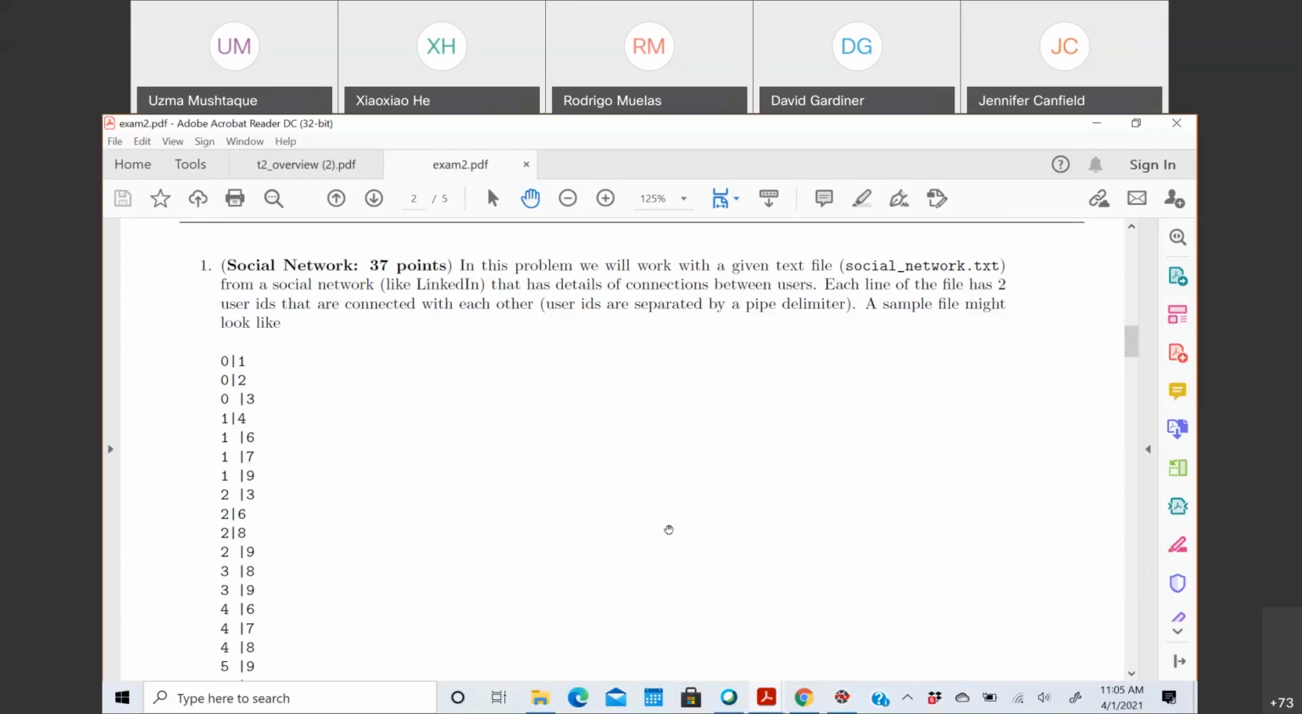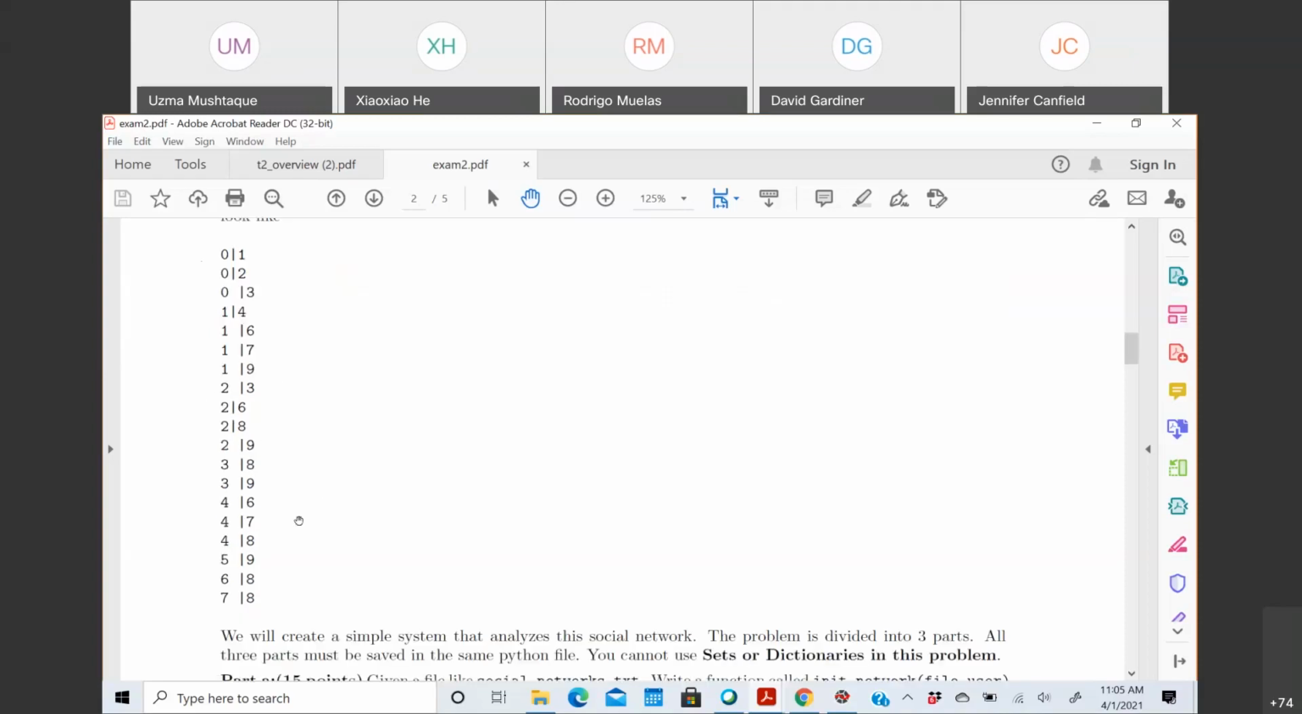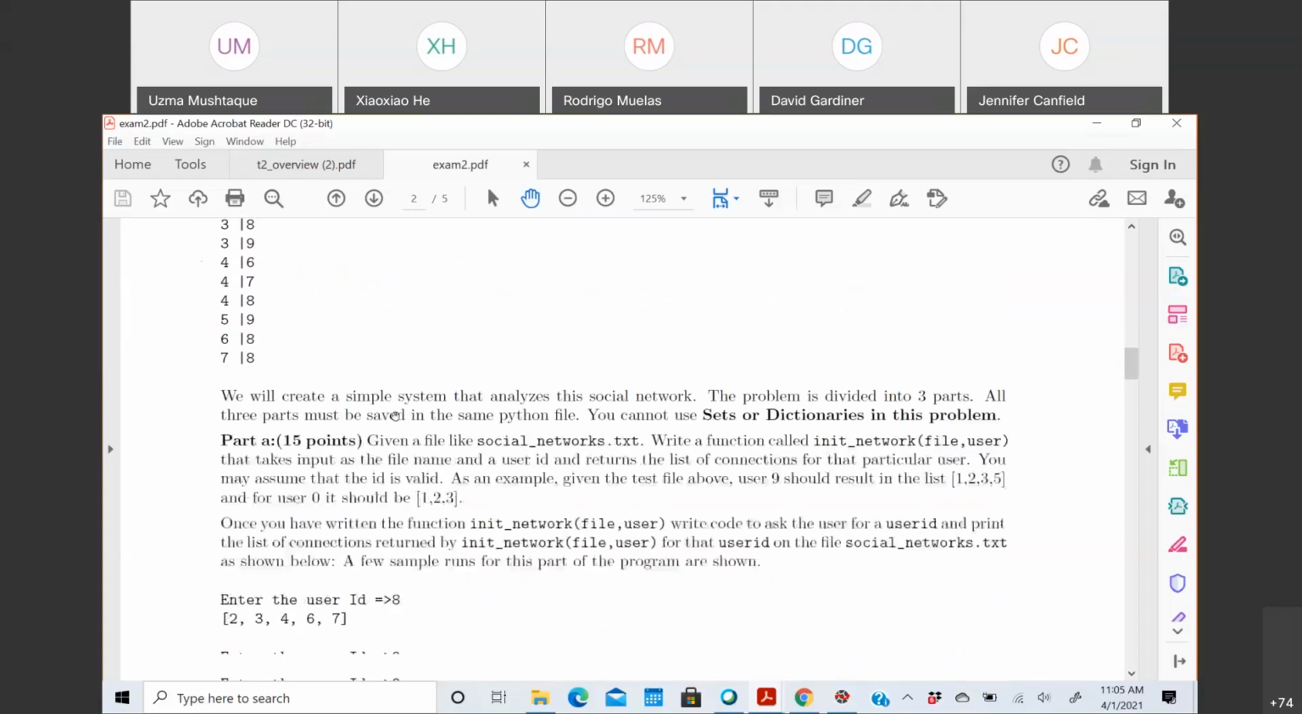Know how to read files from a txt file. So this is what this one is asking us to do. This is a sample file where you have users, and every line has 2 users, and this is telling us the connection in a social network. What we want to do in part A is create a function that reads in this file